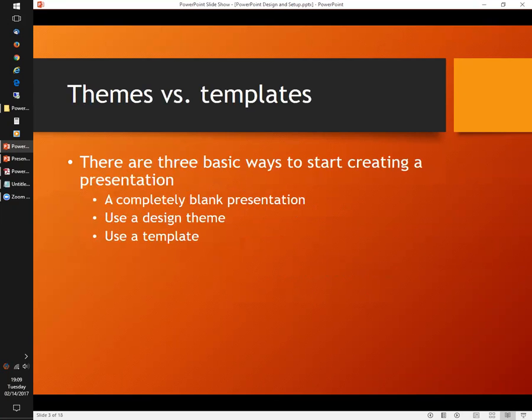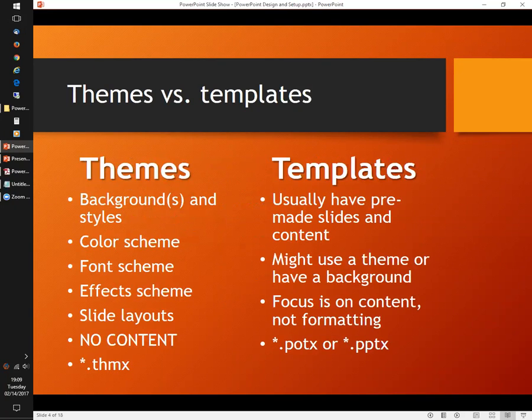Unfortunately, Microsoft doesn't make it very easy to understand the difference between these, but I'm going to do my best to explain the difference between a design theme as a starting point for your PowerPoint and a template as the starting point for your PowerPoint presentation. Let's give you a rundown of what these different things are. On this slide, I'm talking about what's a theme and what's a template. The Microsoft Office design themes were a new feature introduced in Office 2007. This is going to come up on another slide, and I'll reiterate it then.